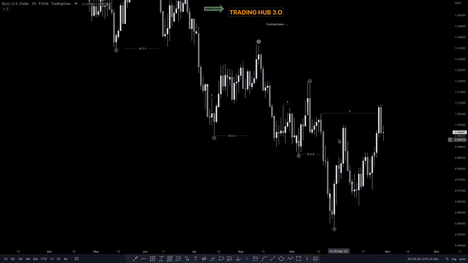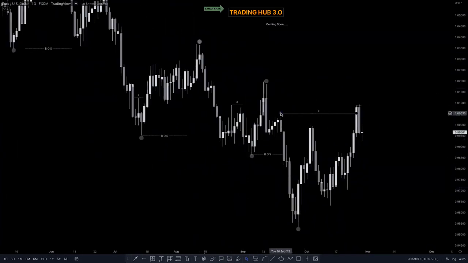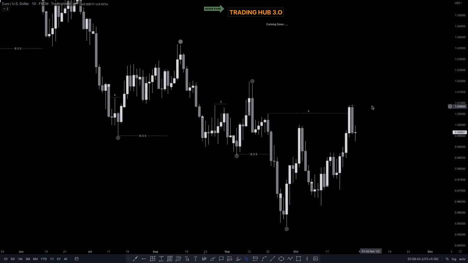First is major structure is bearish. Second is market taken out the inducement, and then third thing here is the market, I mean candlestick, taken out the previous day high, and then possible move to the downside. Okay, so